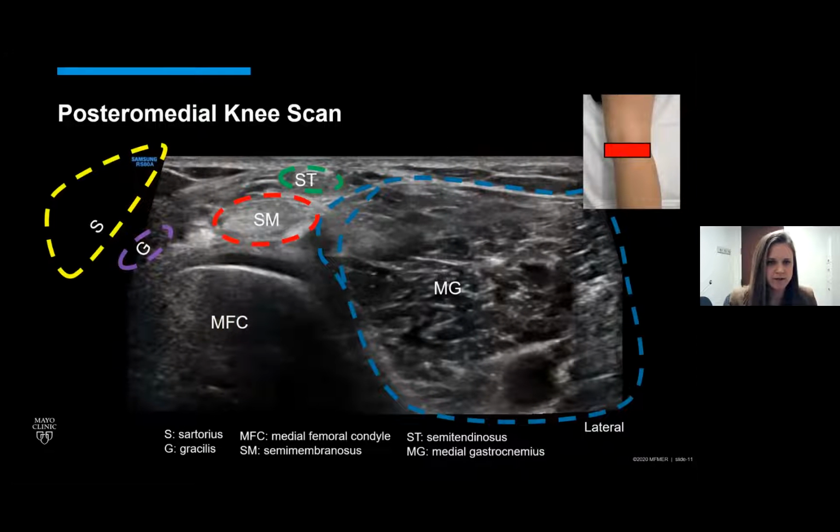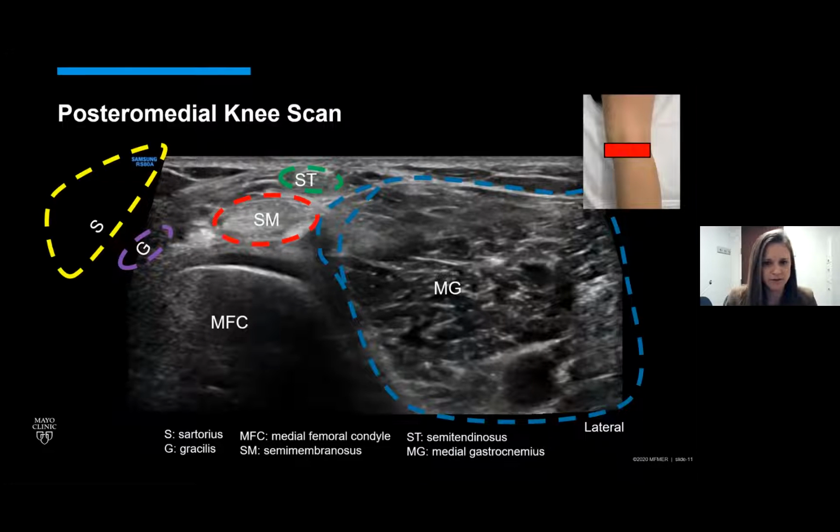So as multiple others have discussed before, I like to find a home base for each region for orientation purposes. So this is my home base for the posteromedial knee. Here we're in an anatomic transverse plane just superior to the medial popliteal fossa at about the level of the